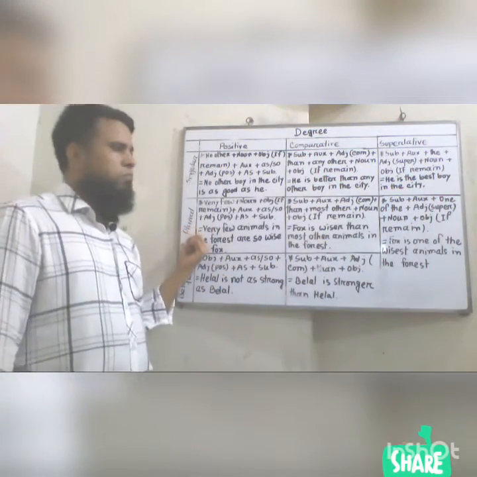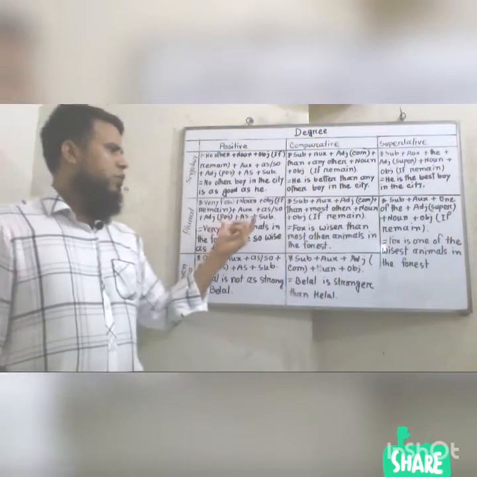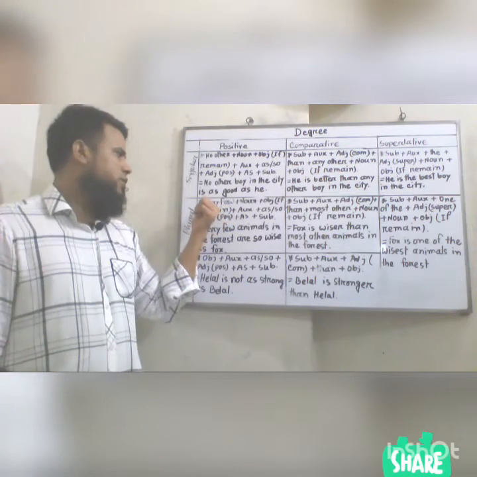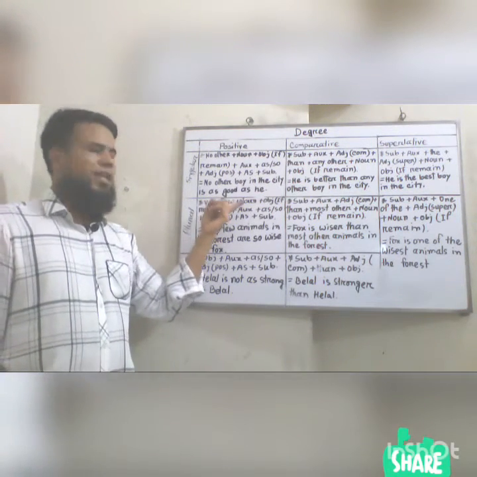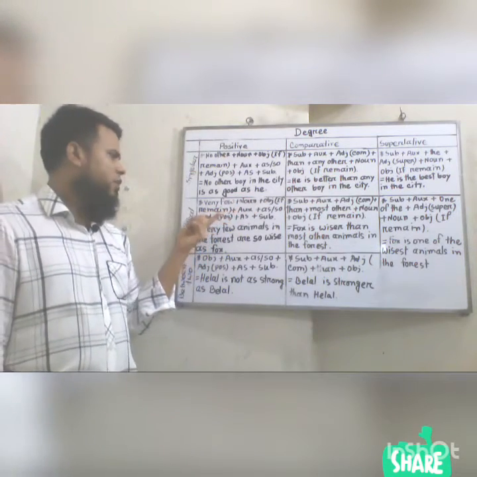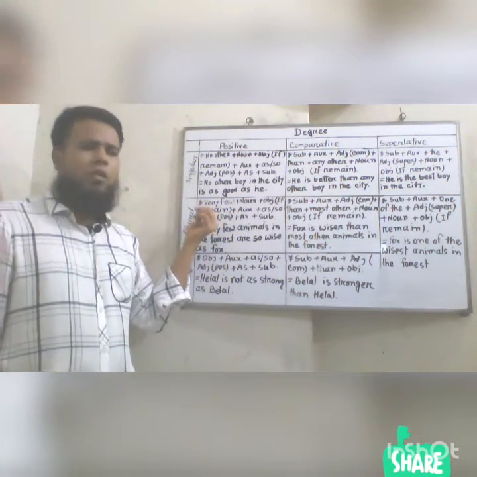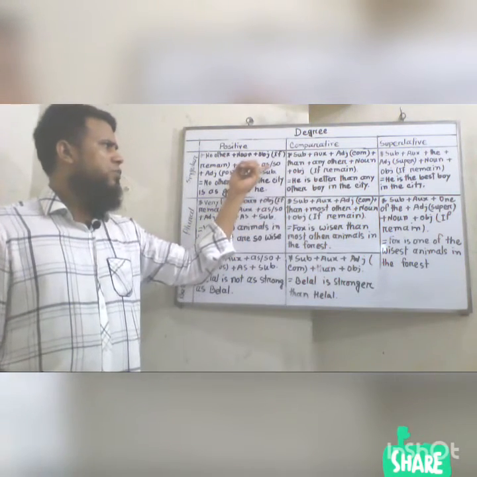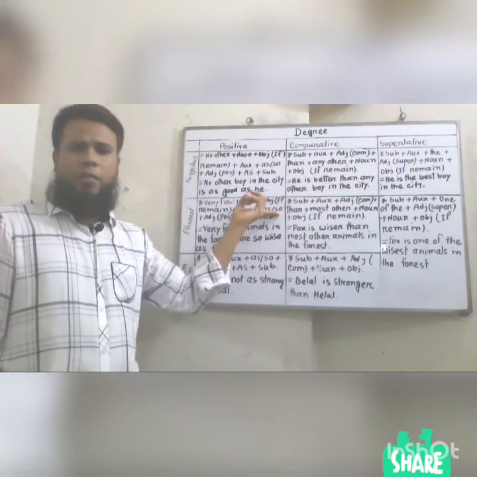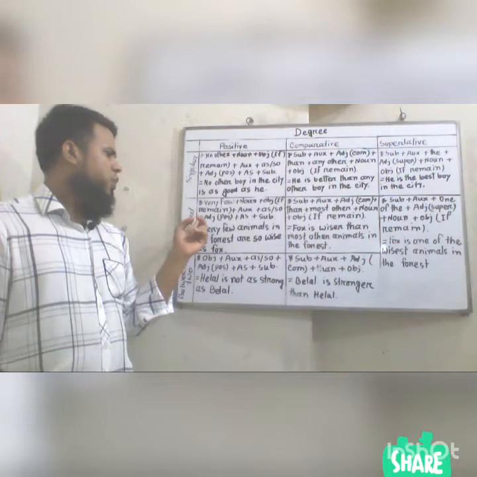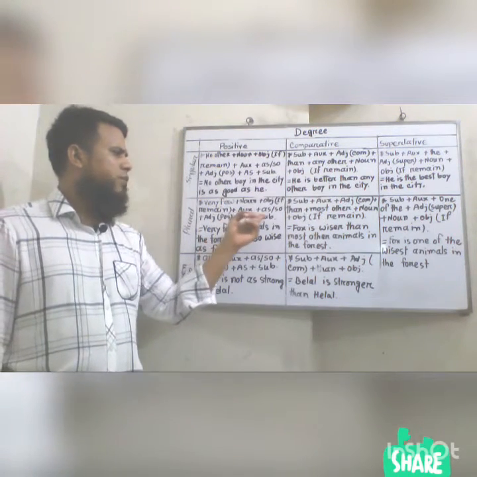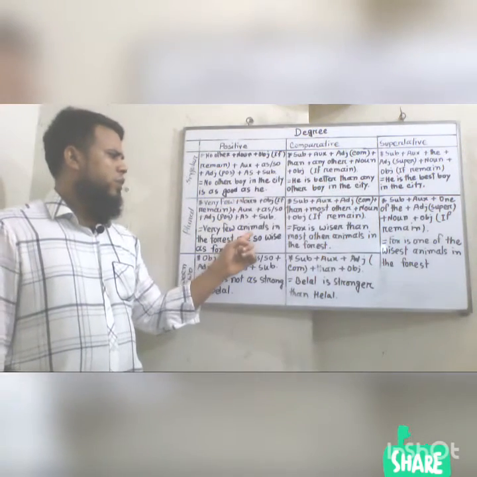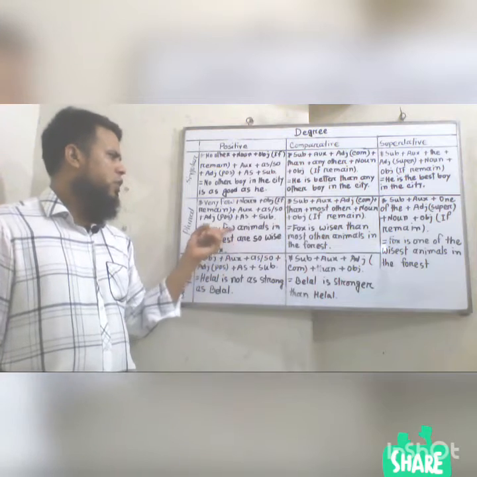If I want to make a plural sentence from positive to comparative or superlative, I have to maintain this rule: very few, and then noun, and then object if it remains. Sometimes you may not find it, but I have used it as a regular form, and then auxiliary, and then as or so. Here I have used as, and this time I will use so, and adjective pos means positive, and as, and finally subject. For example, very few animals in the forest, according to the rule: noun animals, object in the forest, auxiliary.